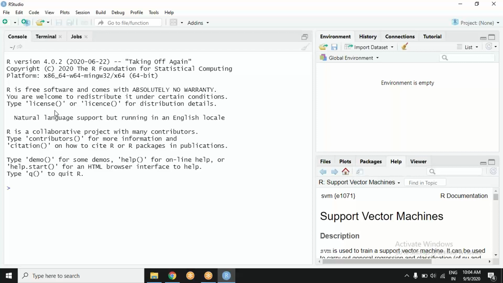So this time we see this kind of three different panes on our screen. This one is the console. This is the place where we write our codes.